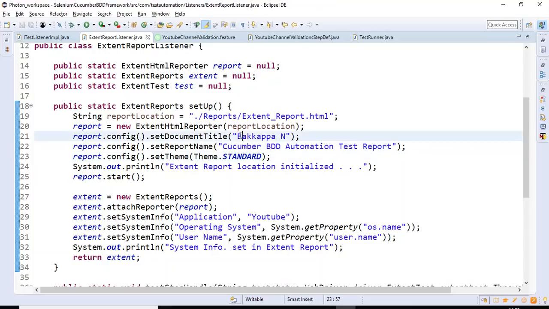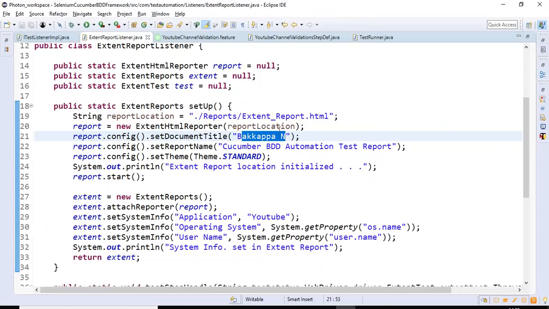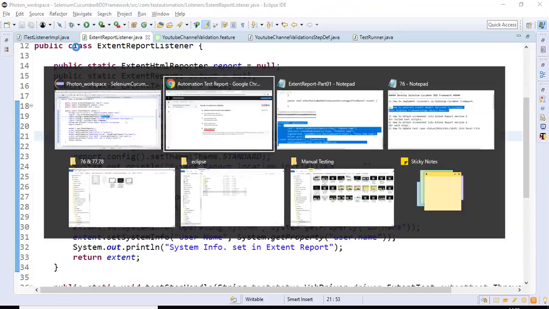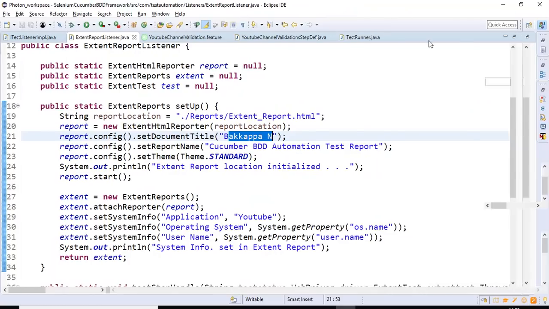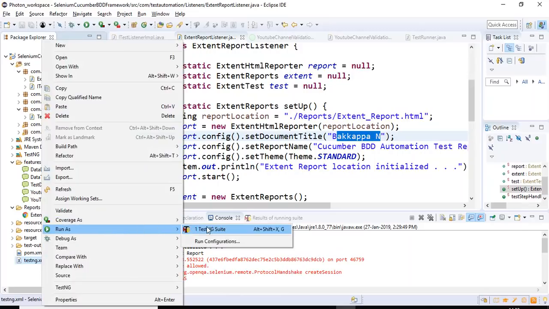So this backup iron is going to display in the tab, and this Cucumber BDD automation test report is going to display in the report name place. So if I execute this XML file now,